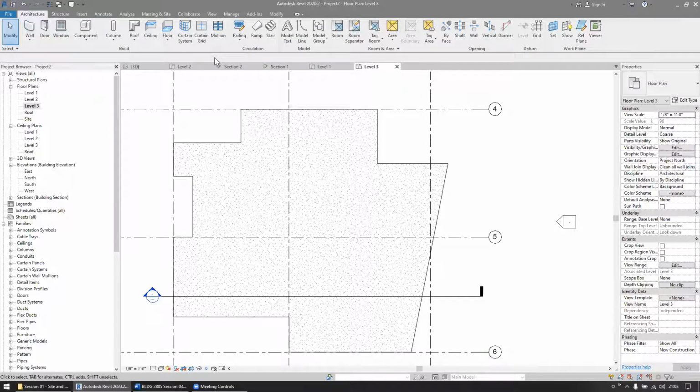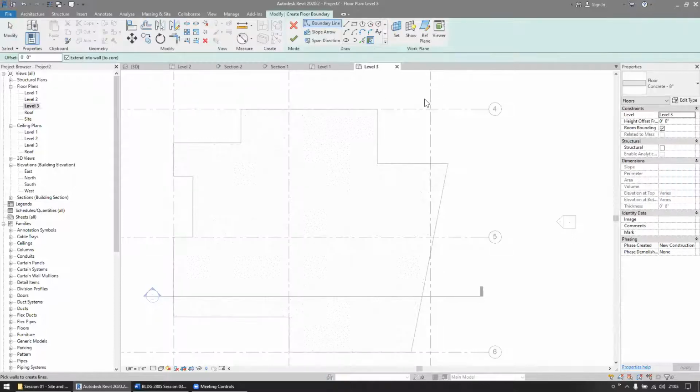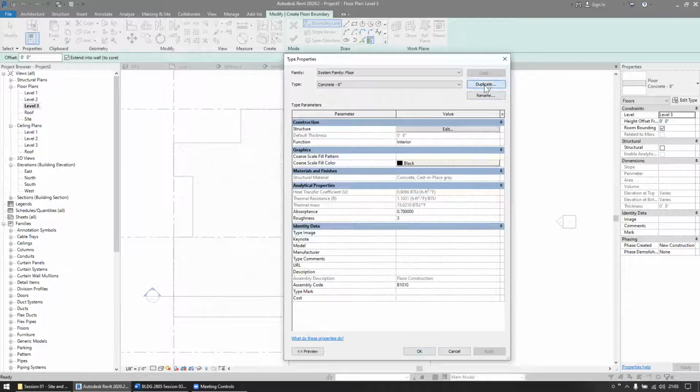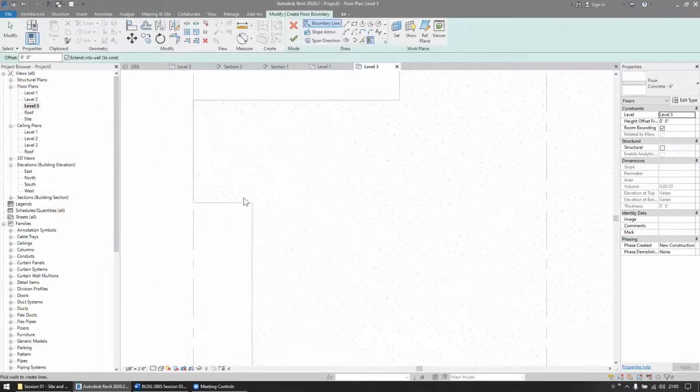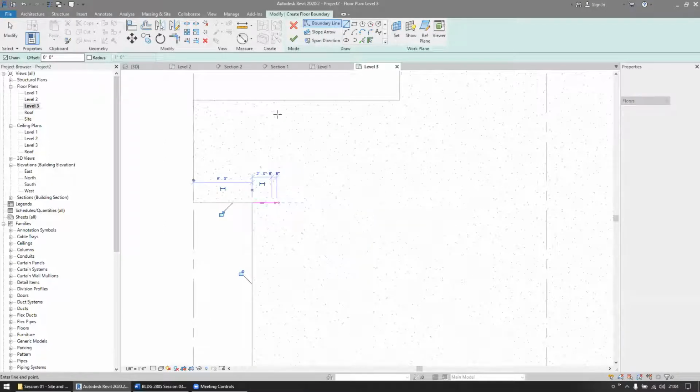So let's say that you need 6-inch curbs for your decks. So you need to have a 6-inch curb separating the slab outside from the slab inside. So what I'm going to do here, if I need a 6-inch curb, I'm going to make a 6-inch concrete floor object. So I'm going to take my 8-inch here and make one that is the height of the curb that is needed, and make a floor object that is that thickness. So if we need that curb over here for waterproofing purposes, so let's say this is the location where the curb is required,